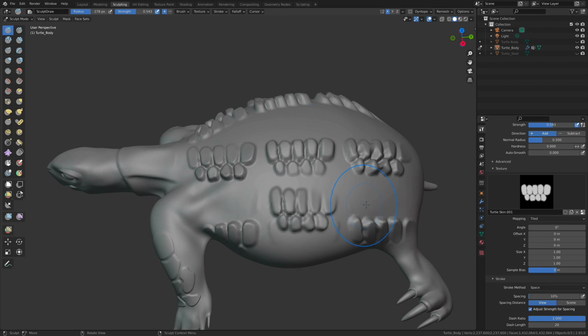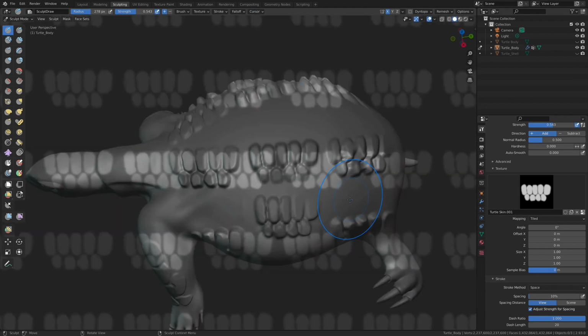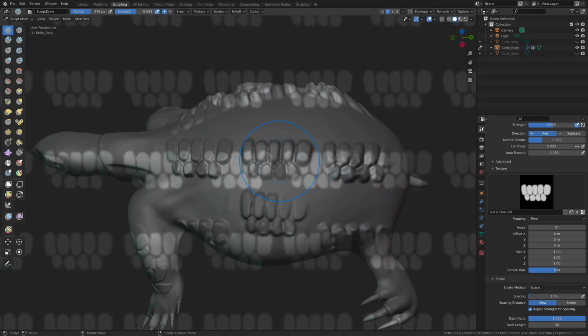We don't get a lot of control with the default properties. The mapping value here under the texture settings is set to tiled, and what that's doing can easily be seen if we go into the cursor values and turn on the texture opacity, and now we can see how this tiled texture is working inside the scene itself. It's tiling that two-dimensional texture across our viewport display,